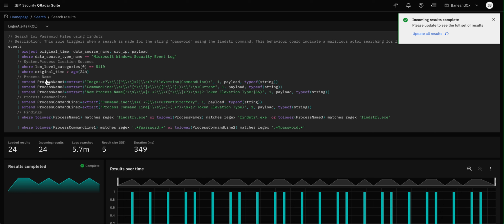Once we have all those columns built, we are going to do another filter where we say, well, when process name 1, one of the columns that we built in here, matches, and we are looking for the findstr command. And then we also do the same thing with process 2 and process 3, right? When any one of those, and we are using the toLower obviously to make the regex simpler,